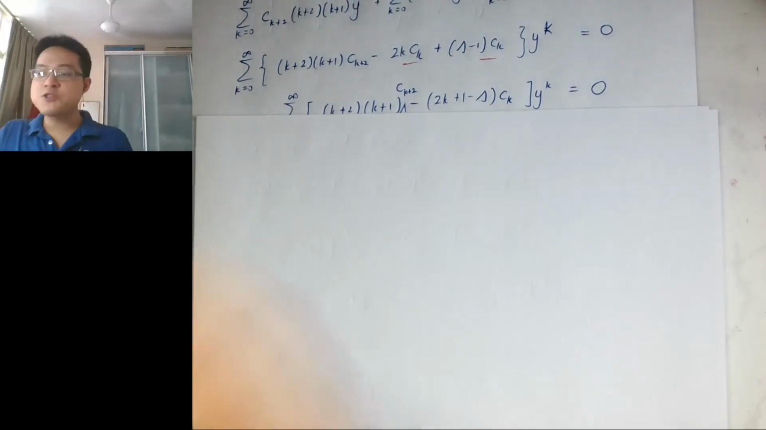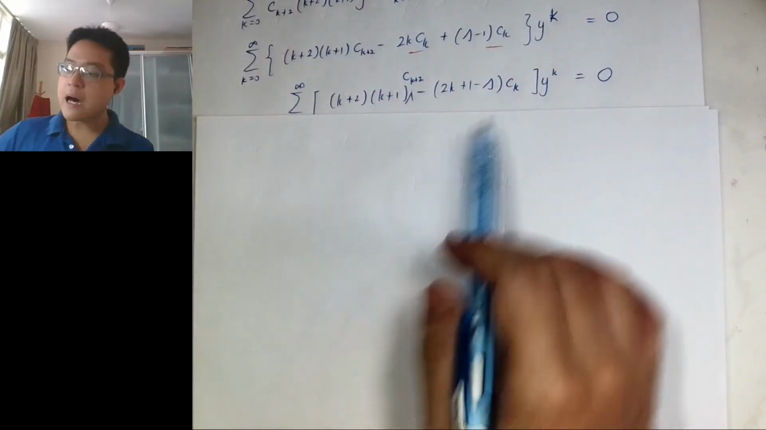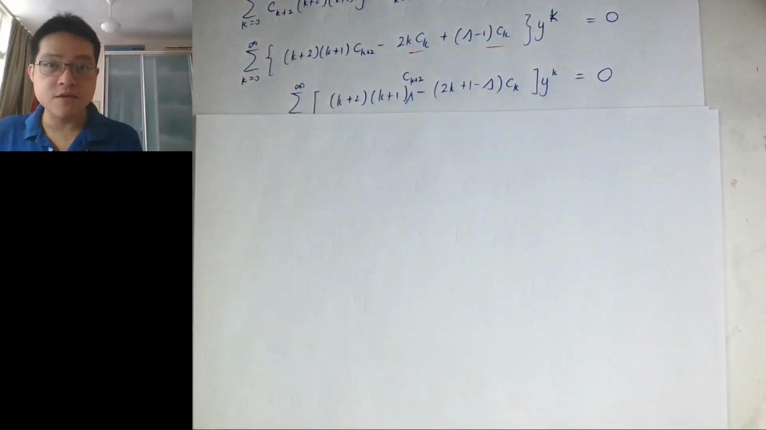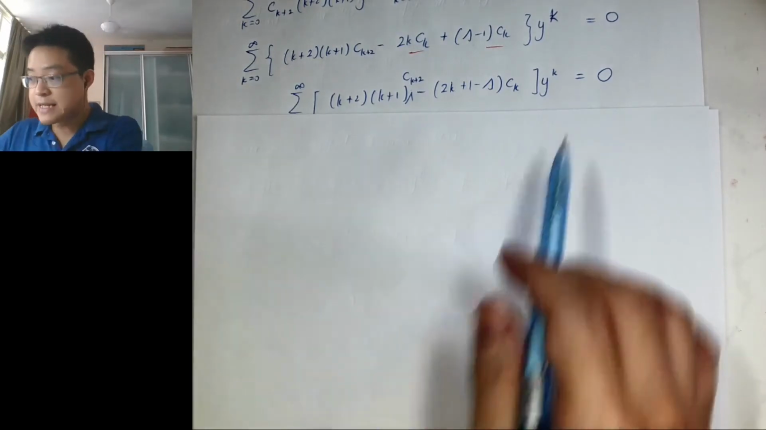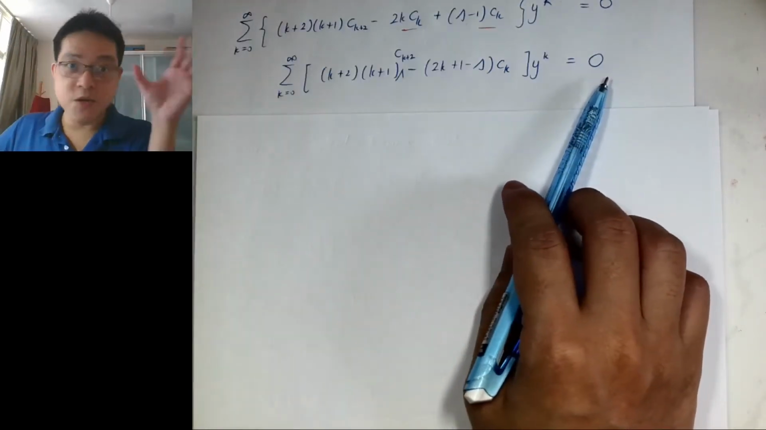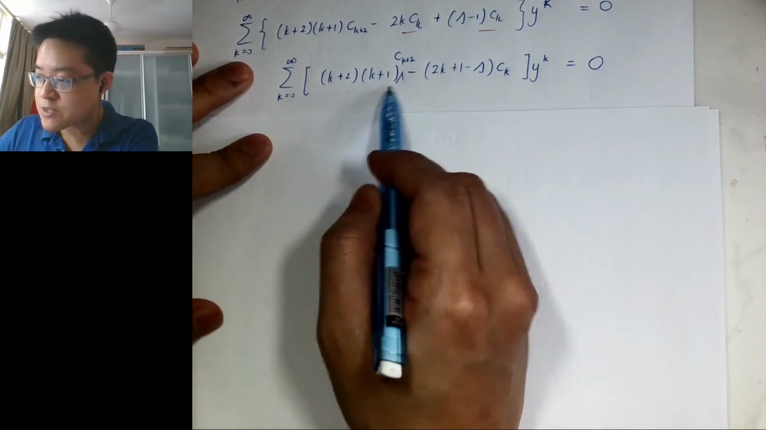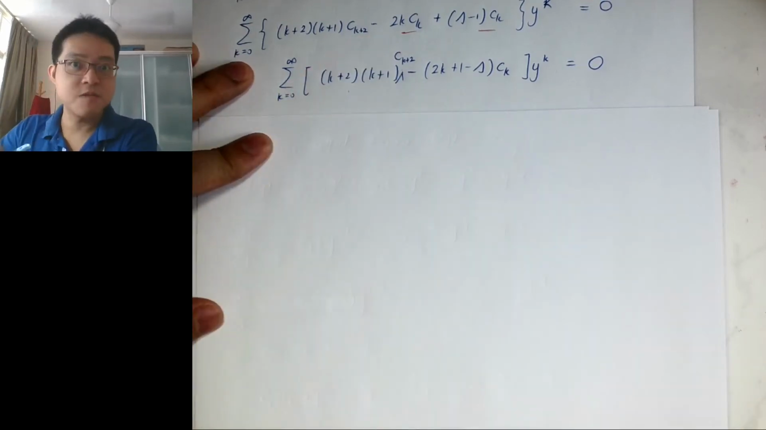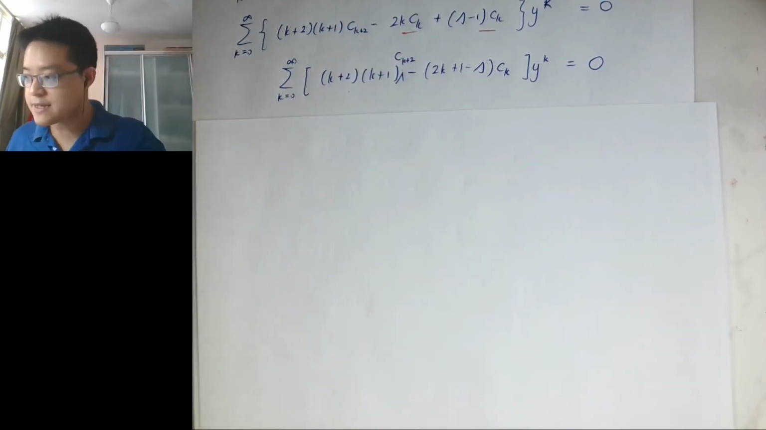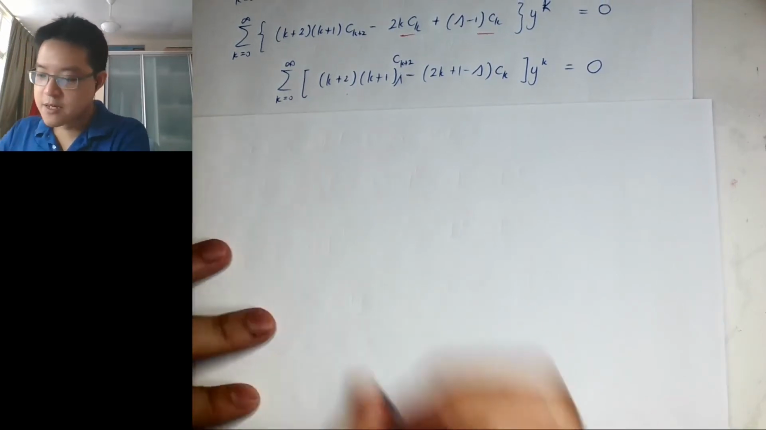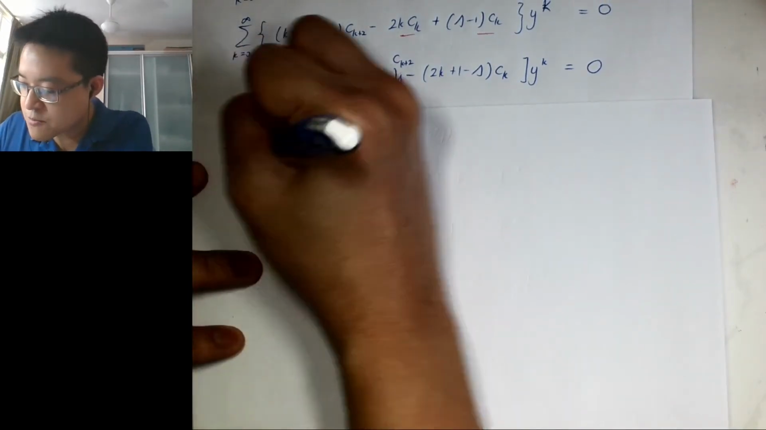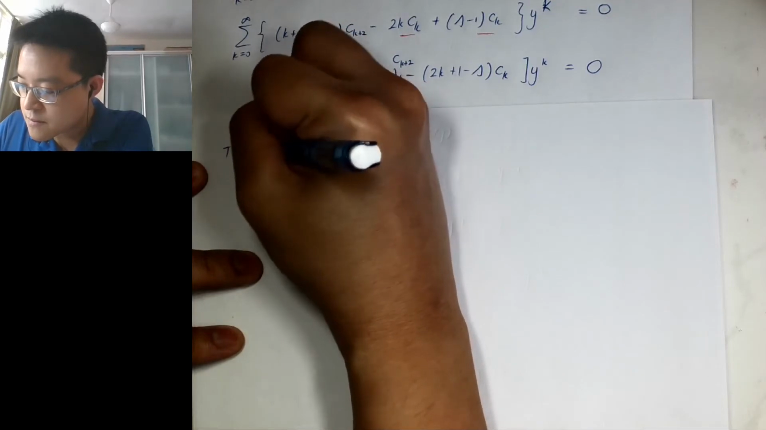So how do we make sure this equation is satisfied? How do I make sure that this whole thing is equal to 0? Well, this will definitely be equal to 0 if every term in the square bracket is equal to 0, right? So that is our way to solve it. So the equation will be satisfied